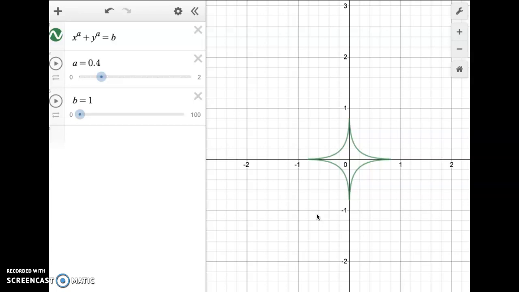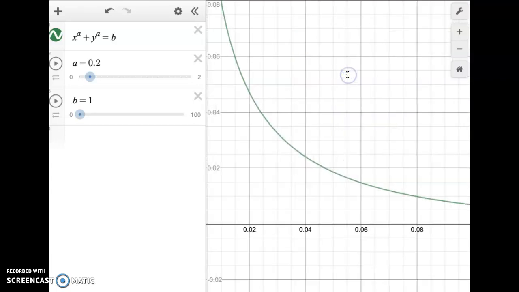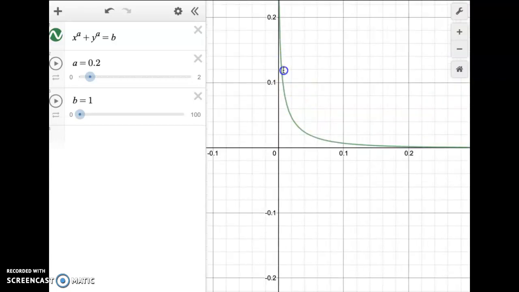And so now 0.4 and 0.8 are having those similarities as well. But instead of having tails like they did when they were greater than 1, they're now almost constructing a star-like shape, which is again the inverted version of what 1.6 and 1.2 look like. So there again is our odd decimal. And now 0.2, however, has this inverted arc to where it's towards the origin. But if we zoom in really close, we see that it does kind of resemble